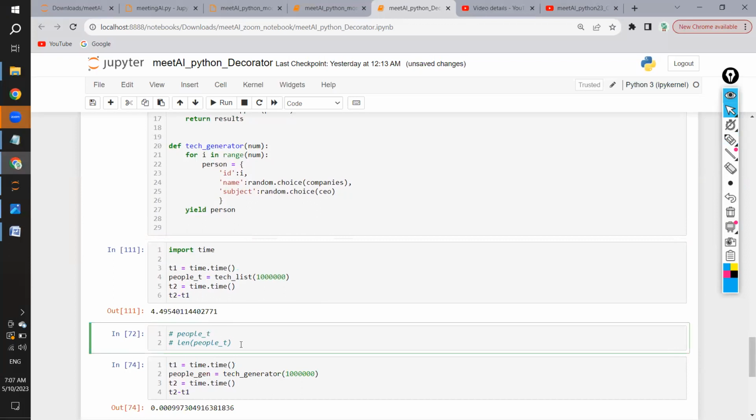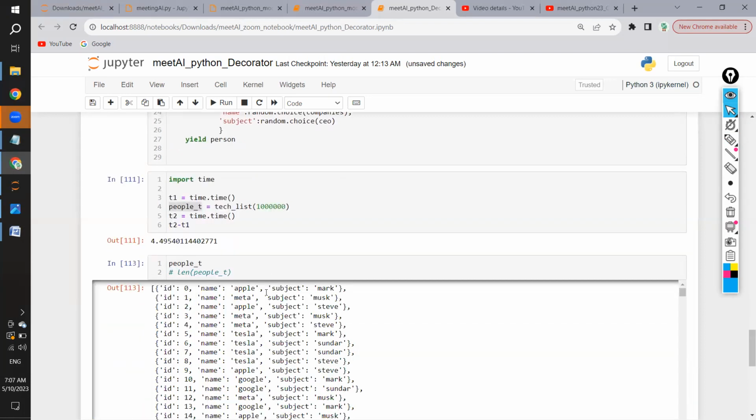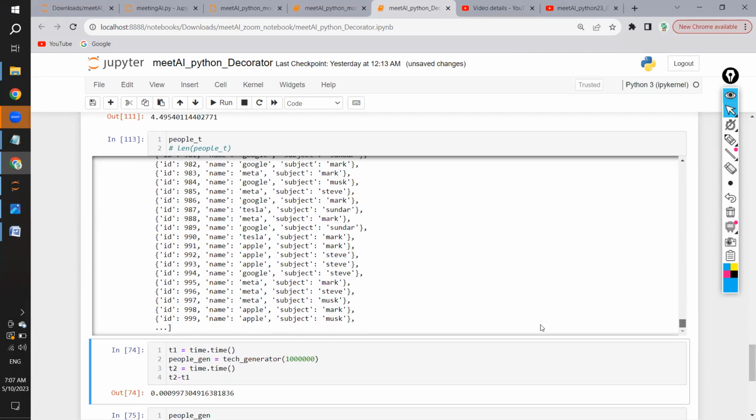If I try to see the length of people of t, so I'm storing it in people of t. If I see the length of people of t, 10 lakh records are collected in this people of t. Agree? And now if I see the people of t, as you can see, it has the stored values. Every time the id goes from 0, 1, 2, 3, 4, and it will show you only the top 1,000 values,